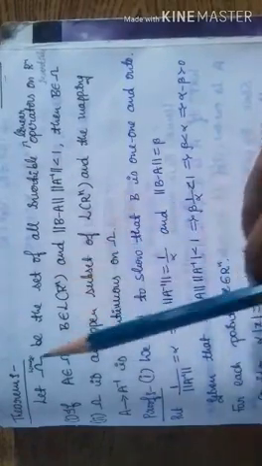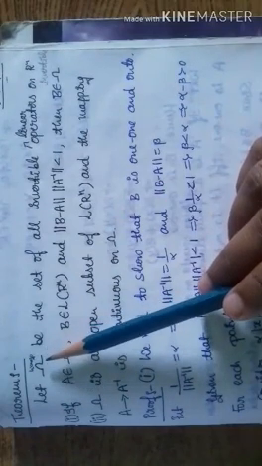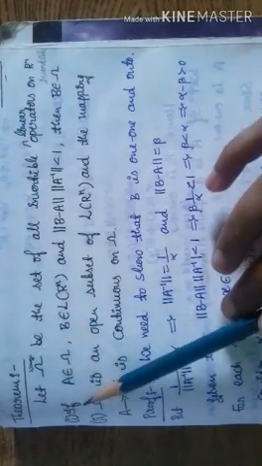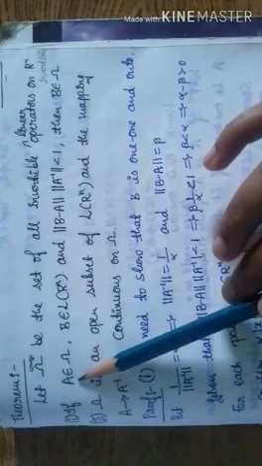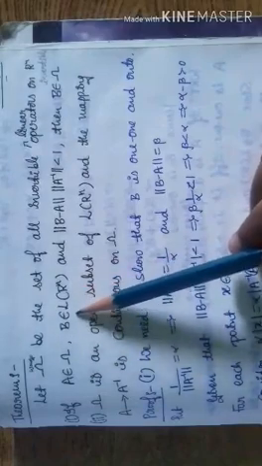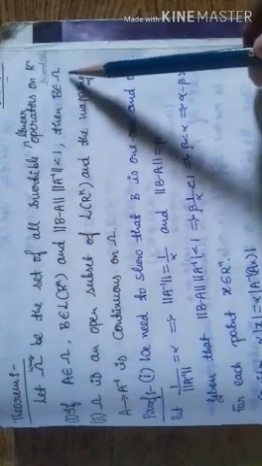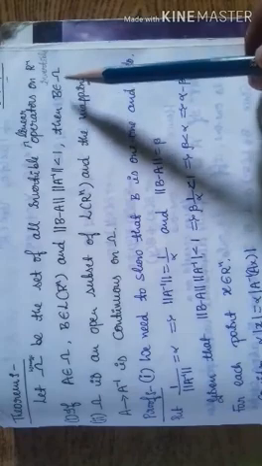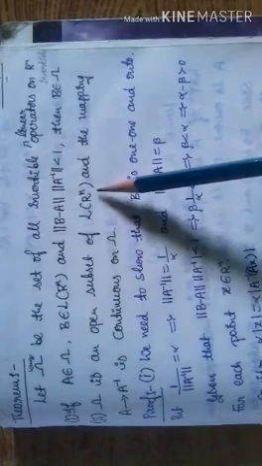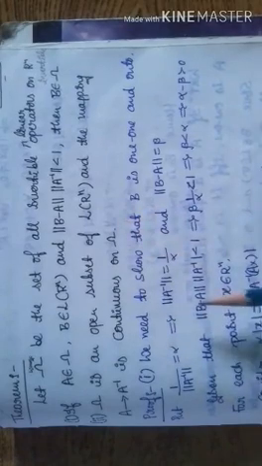Here, given that omega is the set of all invertible linear operators, everything in omega is an invertible linear operator. First one, if A belongs to omega, that is A is an invertible linear operator, B belongs to L of Rn, B is a linear operator, and satisfying this condition we have to show that B is an invertible linear operator. To prove invertible, we have to prove one-one and onto. Second one, we have to prove that omega is an open subset of L of Rn and the mapping A to A inverse is continuous on omega.